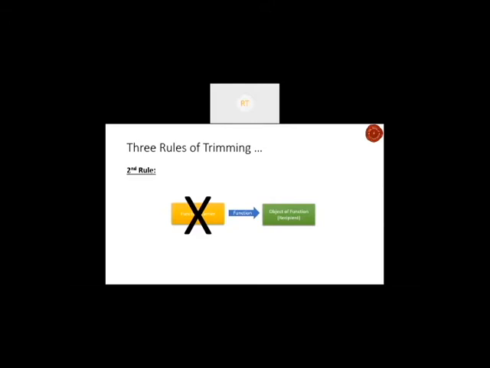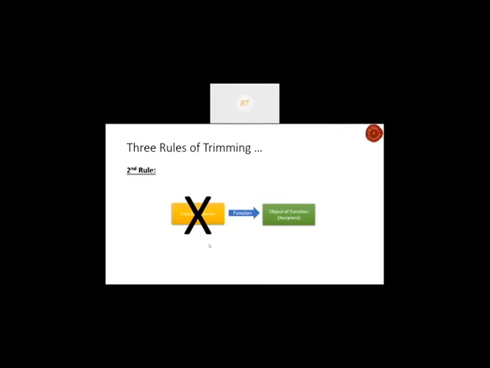We'll wait for another 5 to 7 seconds, then I'll tell you what exactly is the scene. If the object of the function is not identified correctly, you are attacking the object of the function. You're saying that the object of the function is not needed, right?